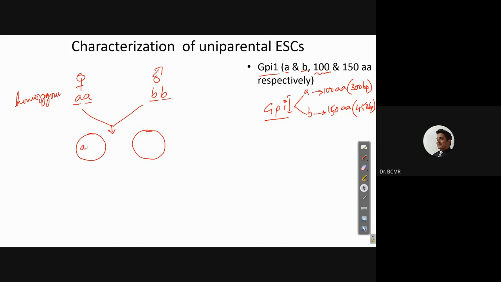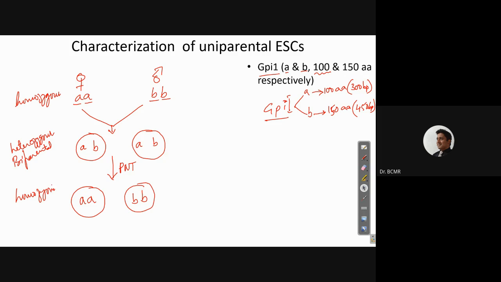One of them has an allele A from the mother and one allele B from the father for the GPI1. In the other zygote too, we would have it this way. So they are heterozygous and they are biparental. Now what we should do is pronuclear transfer, PNT. And if PNT was successful the way we intended it to be, then we should have gotten something like this,